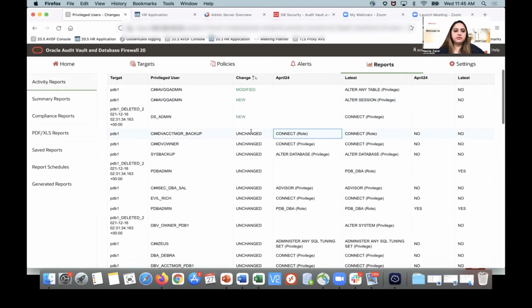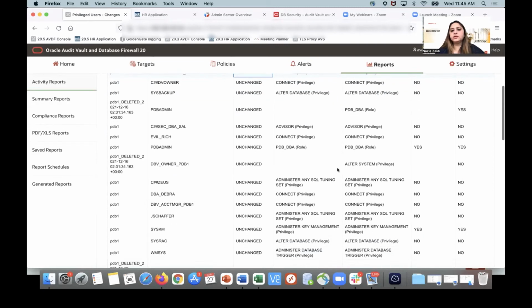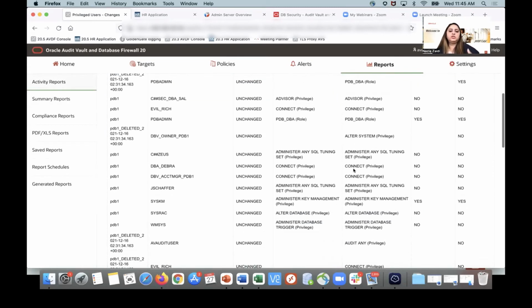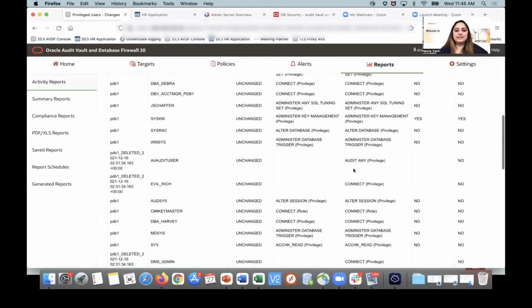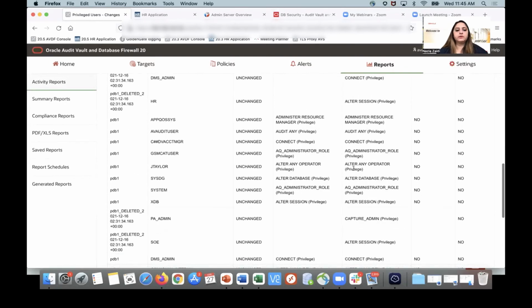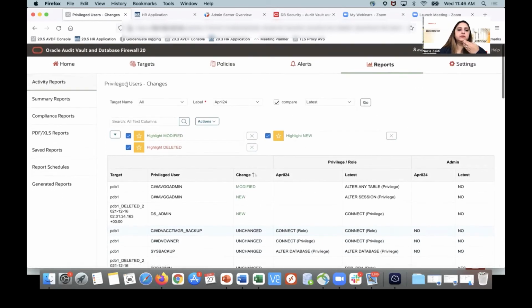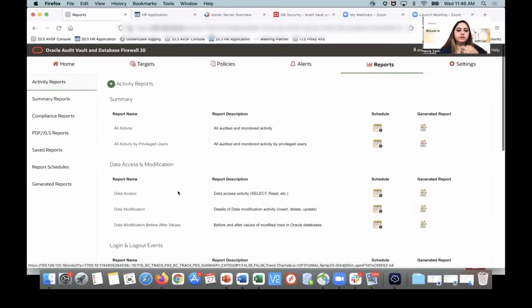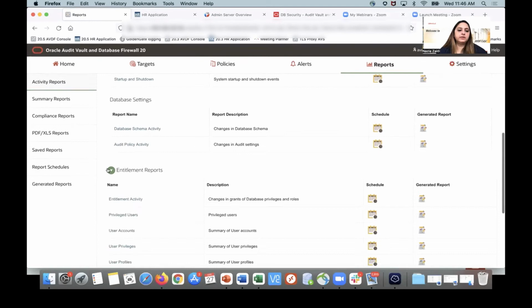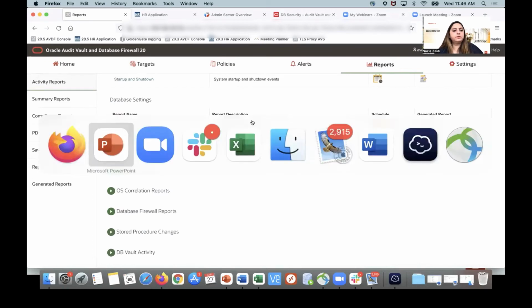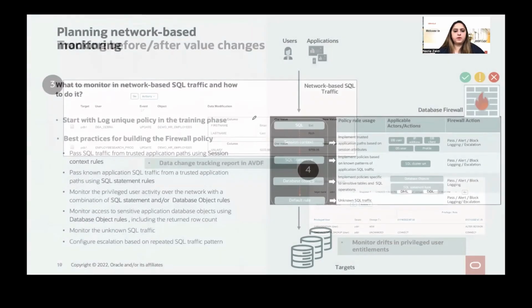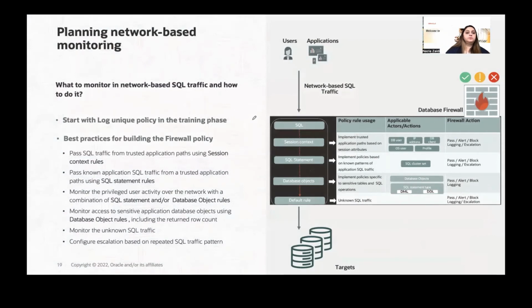And here you will see there is no change happening. So you can capture any change, new or unchanged. Any entitlement drift will get highlighted here in the system. Similarly, you can see other entitlement reports from this particular entitlement report section. Now we will go back to the presentation and talk about the database firewall piece of it,